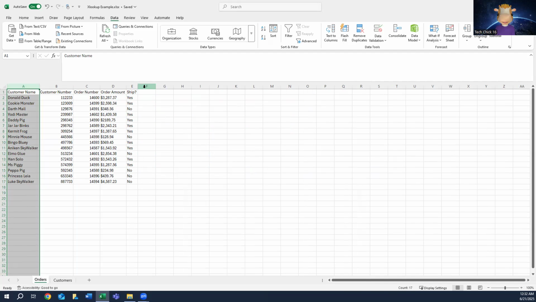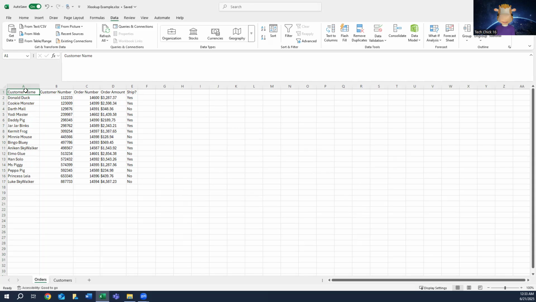Now we're going to filter for the customers that just want to ship. We're not interested in the customers that don't want to ship. So this is where I tell you we write a complex formula that says if shipping equals yes, do the Xlookup. But that's a lot of work. So I'm lazy. And honestly, I think the best way to get the customers that want to ship their orders is to click on A1, which is the column header name. Hold down Shift and Control button at the same time